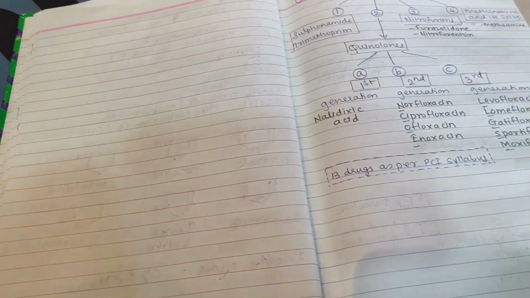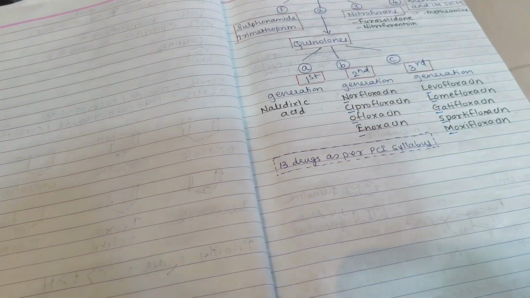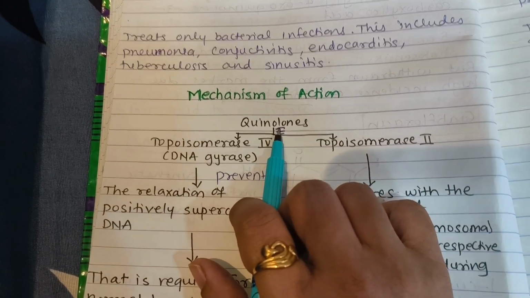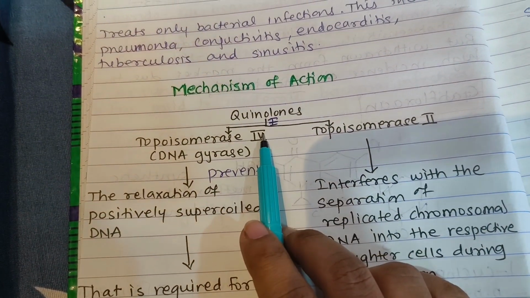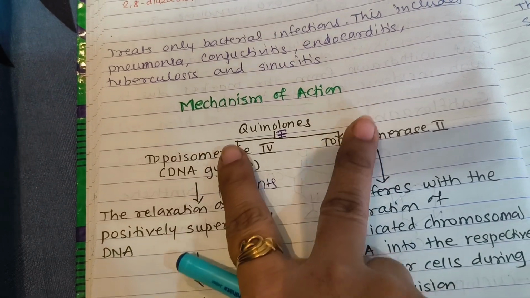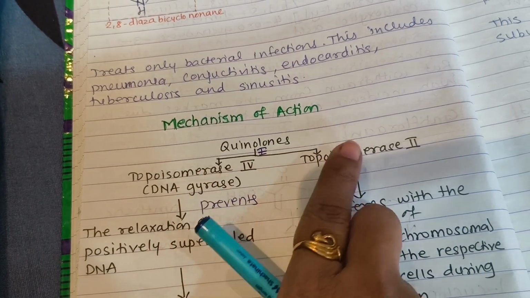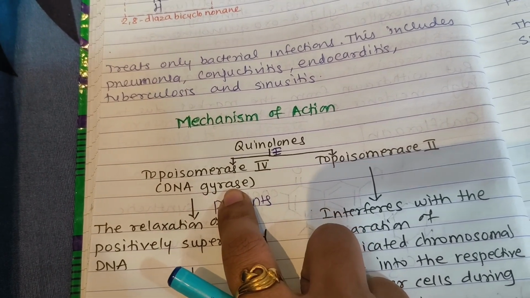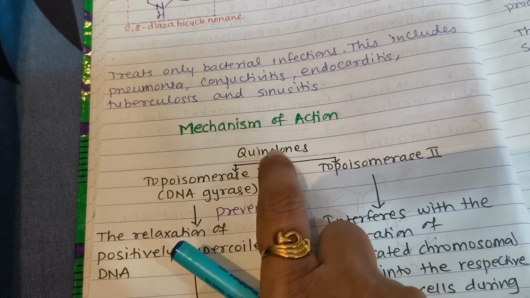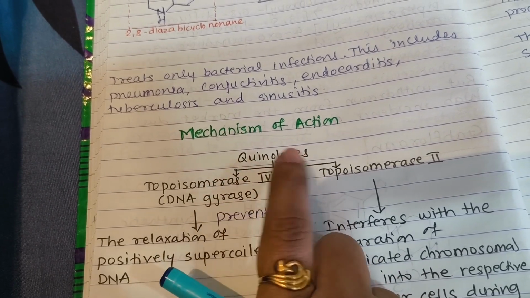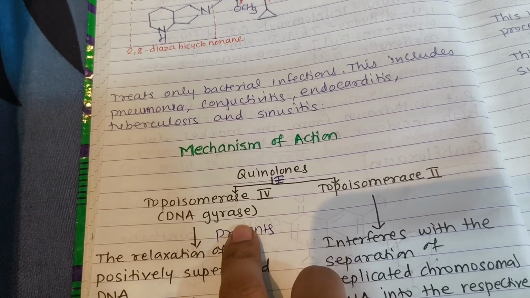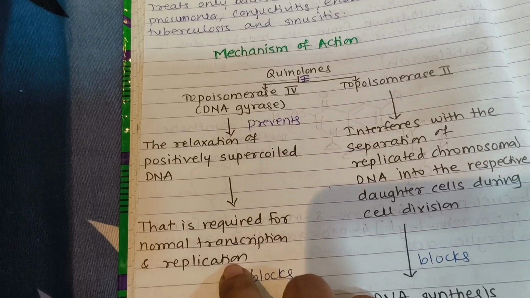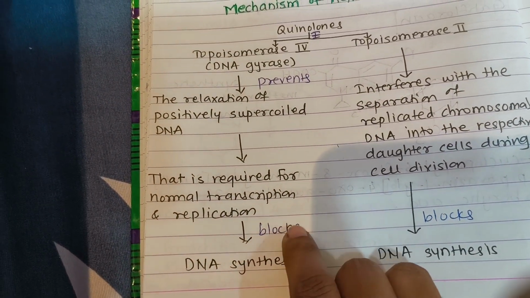So this is how we have completed structures, only structures of these compounds. But now these all compounds, they come under one category of quinolones. Quickly we will see the mechanism of action of quinolones. These quinolones, they inhibit two types of enzymes, topoisomerase 4 and topoisomerase 2. Topoisomerase 4 is called as DNA gyrase. Now this quinolone inhibits this enzyme, but this enzyme, what it does, quinolones prevent the relaxation of positively supercoiled DNA, which is required for normal transcription and replication, and therefore they block